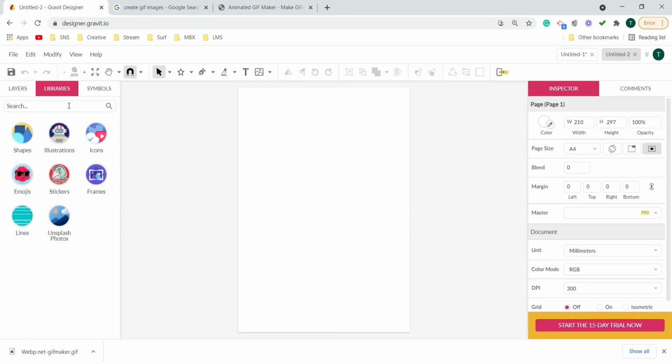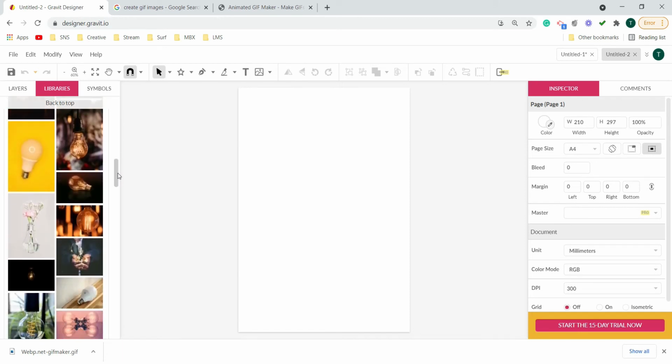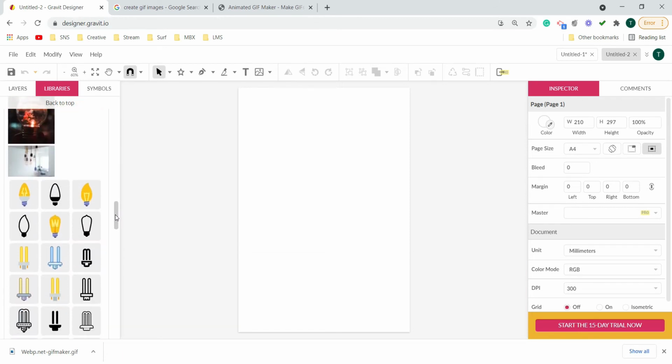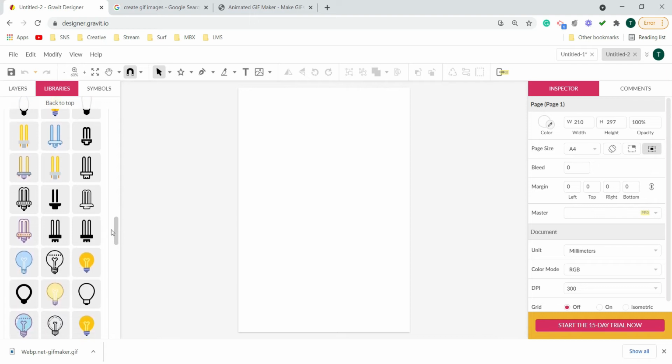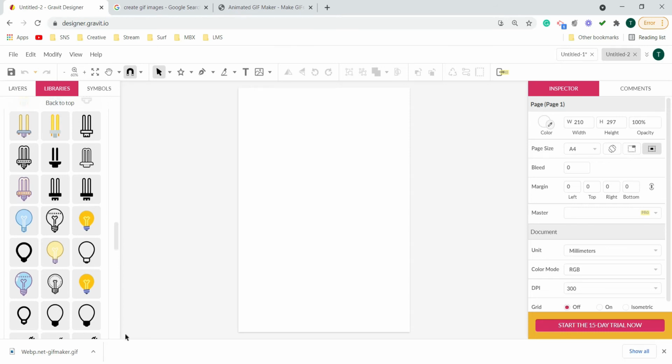So for this project, as I told you, I want to show a bulb which will light up. So I can search it in the search bar. I'll search bulb over here, and we can see that we have some of the images here. If you want, you can choose this, but I'm skipping the images part and I'll come to the designs. I think this one might look good for my design.